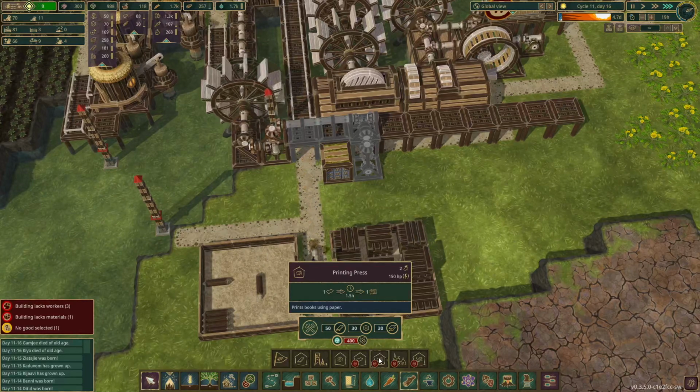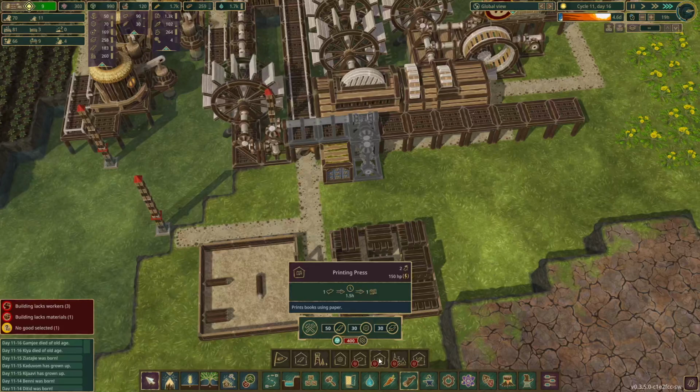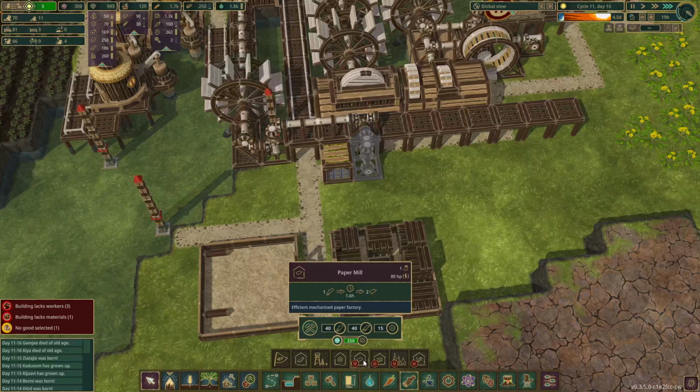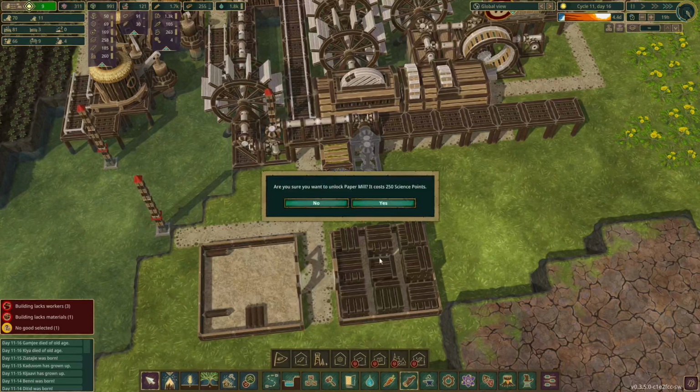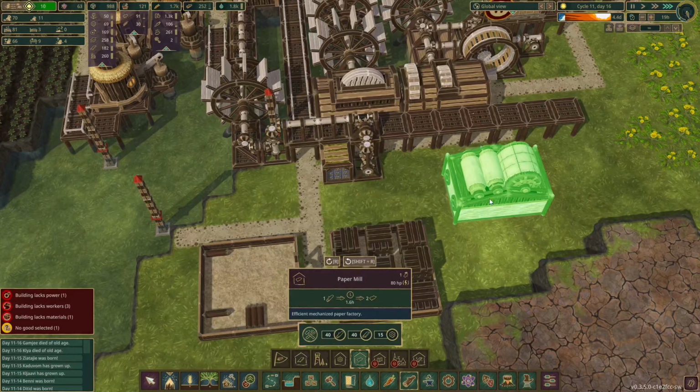Printing press, which makes books. I haven't seen how books are relevant. I don't think, but maybe they are somehow. But I haven't seen it yet. Paper mill. Paper mill is needed so that we can make explosives. So we definitely want to do this. This is 250. We've got 311. We're going to pay for it. We're going to build it. And is that...